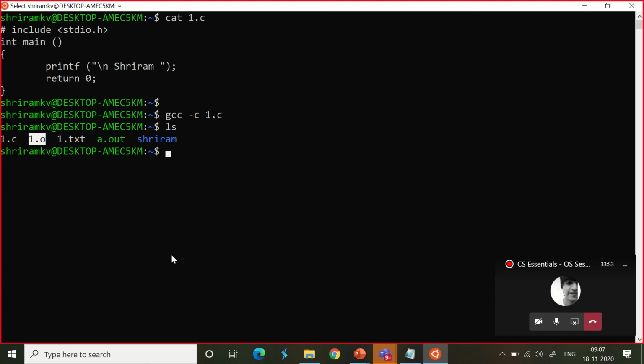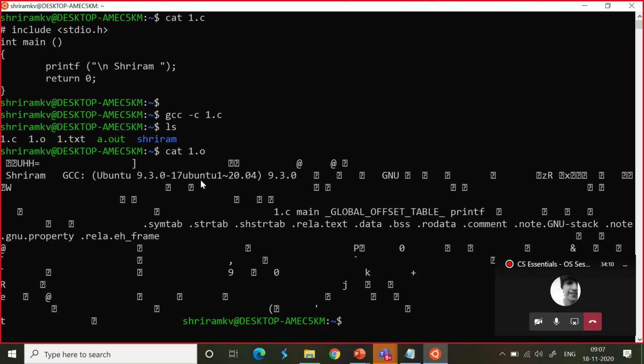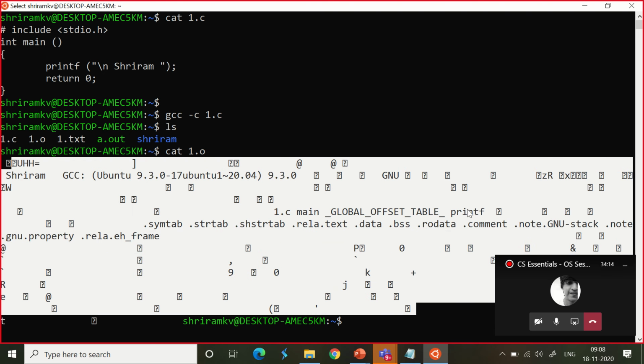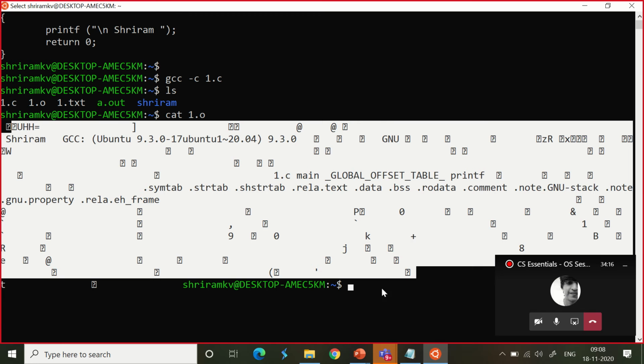We have generated an object file, which is very important for anybody to understand. Now this object file is a machine language file. This is what the machine has generated and the machine can understand. Can we read that content now? What is there in the object file? We need to see that, right? cat 1.o. Can you understand anything from this? You cannot understand it because it is not the language for you. It can be understood only by the compiler, only by the machine, not by you.